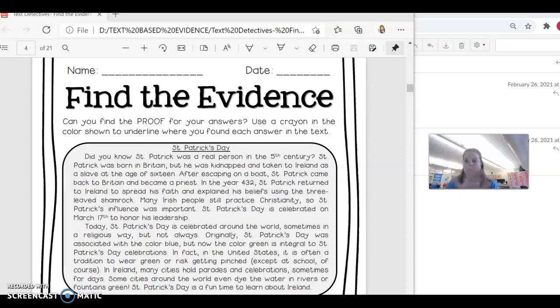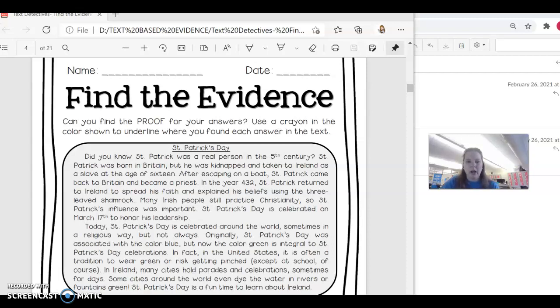Now, in March, we celebrate St. Patrick's Day, okay? So that's where everybody wears green, talk about leprechauns and lucky gold coins, rainbows, all that stuff. But you might be wondering, why do we celebrate St. Patrick's Day? Or how did it even get started? So at the end of this article, you should know something about St. Patrick's Day.